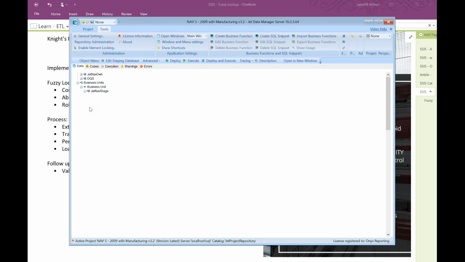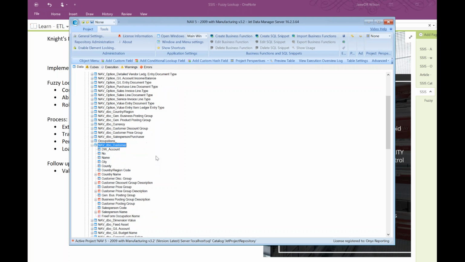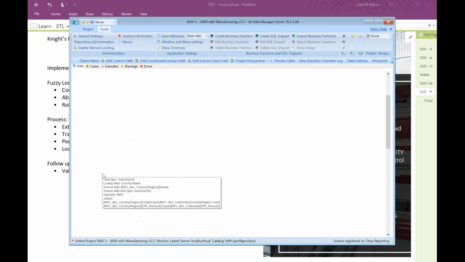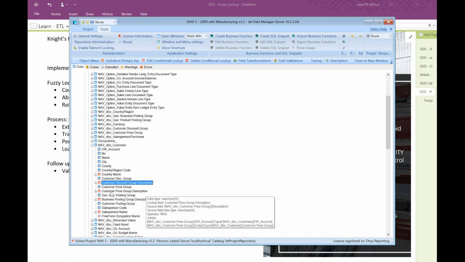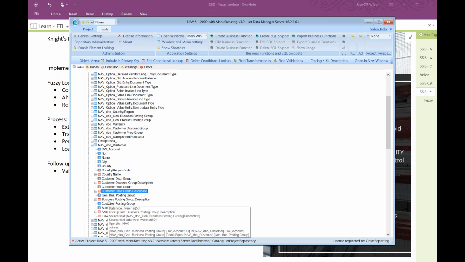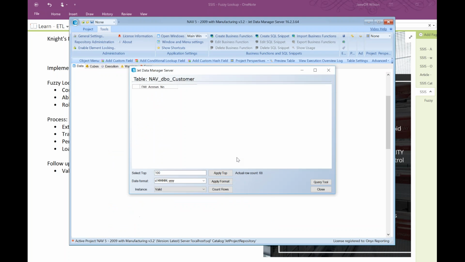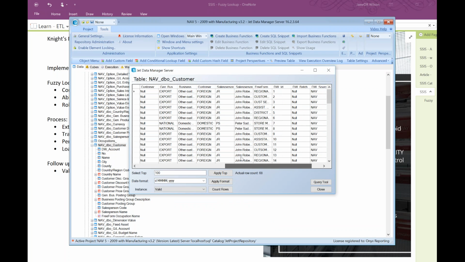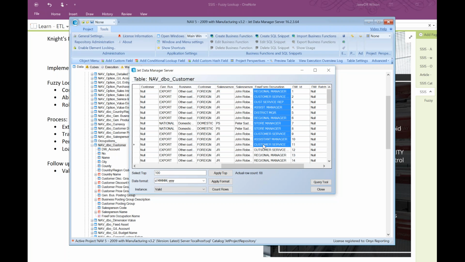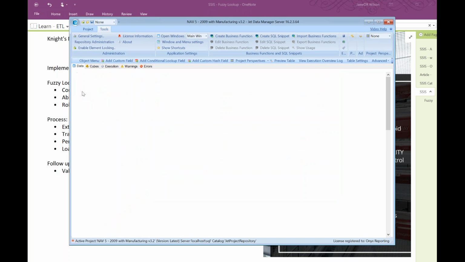And again, how does the data flow? It's going to be pretty familiar. You'll start by extracting the data from NAV, or whatever your ERP is, and then you'll do all your conditional lookups or transformations to start creating that star schema. All of these red fields are conditional lookups where I'm grabbing data from other tables. As I preview this data, we can see here, yep, straight out of NAV, I've got this free-form text field where people type things in different ways. And I want to match that against the domain data, the reference data. I'll do that matching process in my DQS